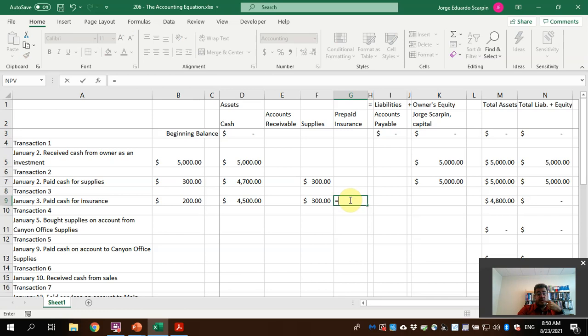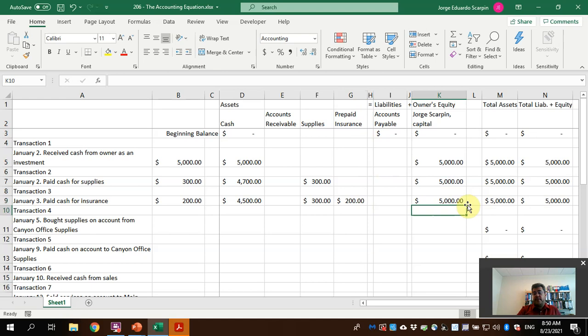1,200. So, it is an asset. We will later explain in a specific video how to account for prepaid expenses or prepaid insurance or other assets like that. And our owner's equity remains the same. So in these two transactions, we are working only with assets. So our owner's equity is the same. We are not changing it. We are only changing our assets, but not the total. The total remains